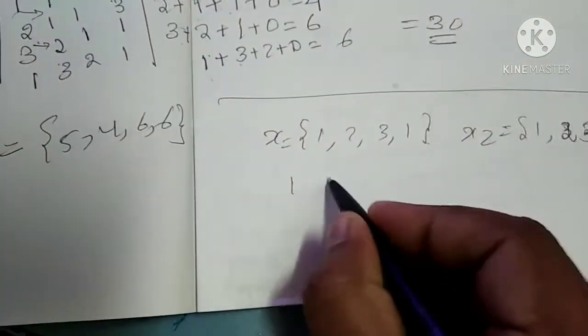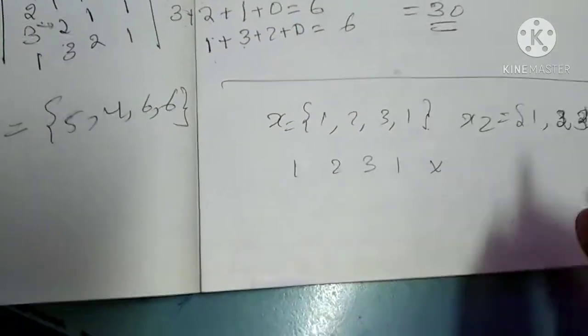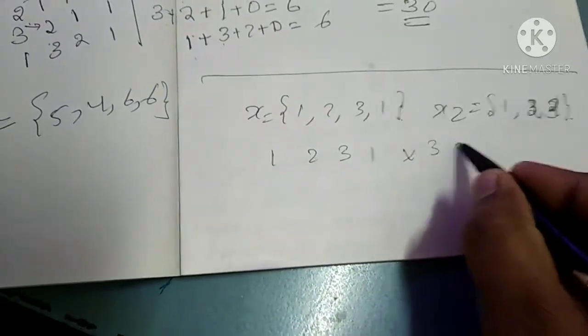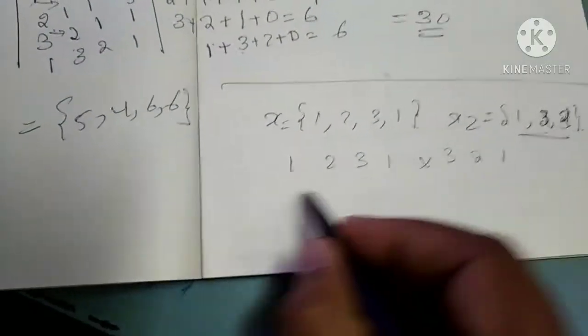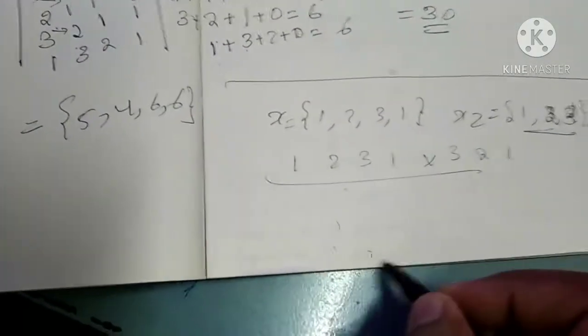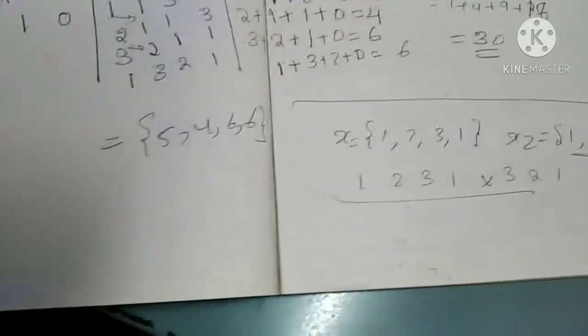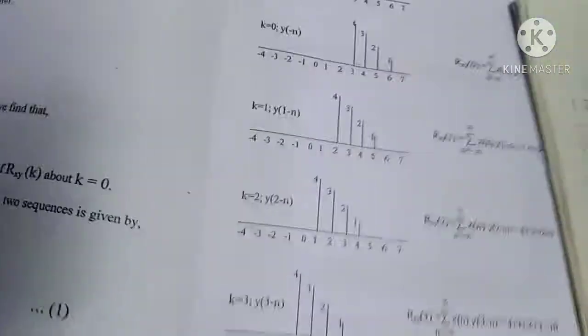One sequence I have to keep as it is, another sequence I have to rotate, that is 3 2 1. This sequence I have rotated, and then we have to go for convolution. So this type of convolution we call by the name cross correlation between two signals. So this will give us how much they are related to each other. So in cross correlation, the answer what I am getting is,